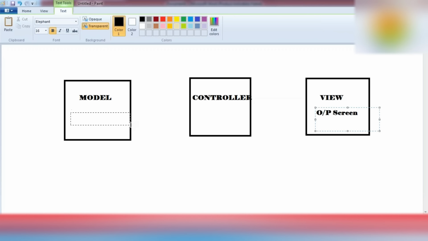And model is where we will deal with the database. And controller is the part which will integrate between the model and view, so it will act as a mediator.